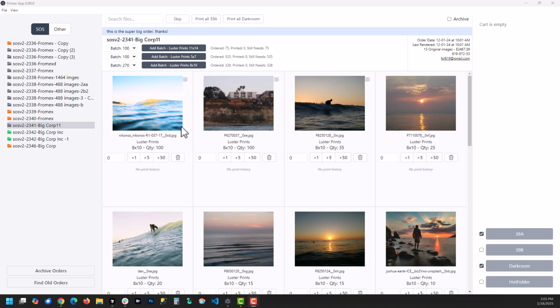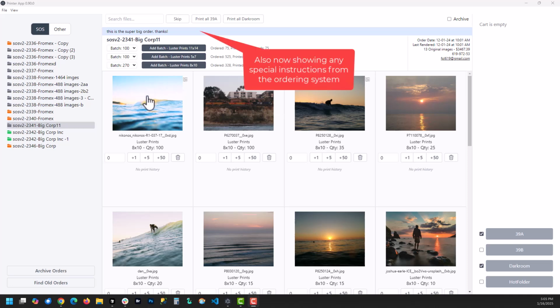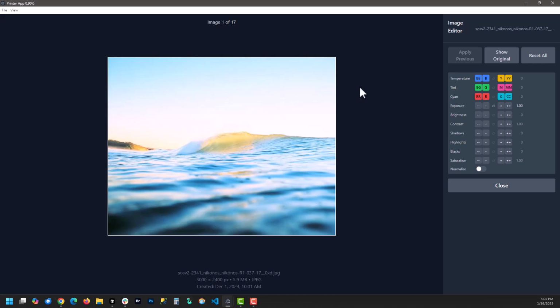So here's the latest version of the printer app. Most of the changes have to do with color correction. Now you can double click an image and it will open up in an editor, and you